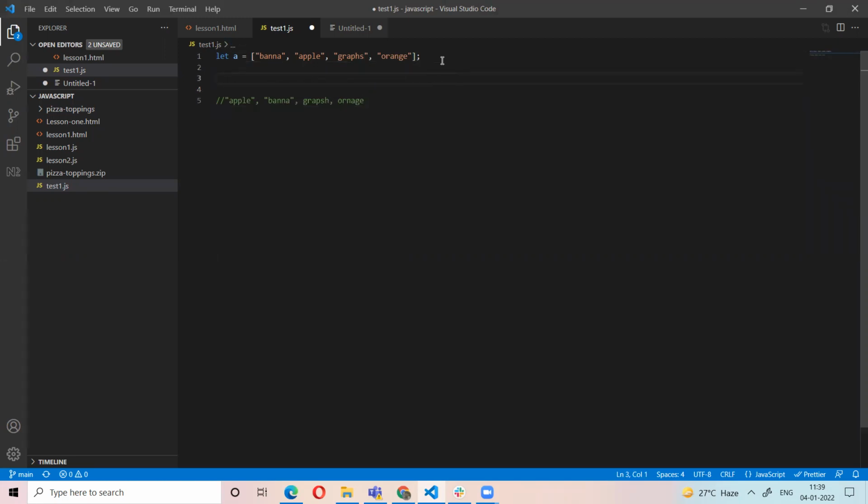Okay, let's solve. For sorting an array, we have the sort function. We have a sort method to sort an array. Let's see the output.